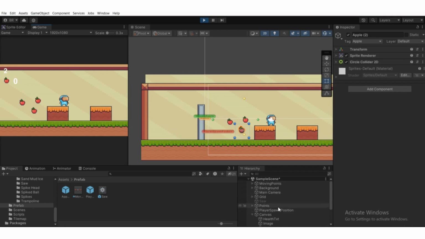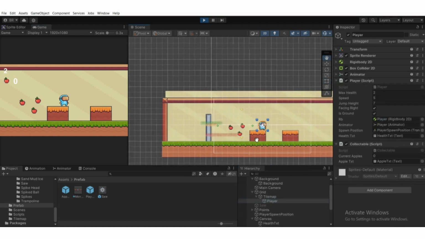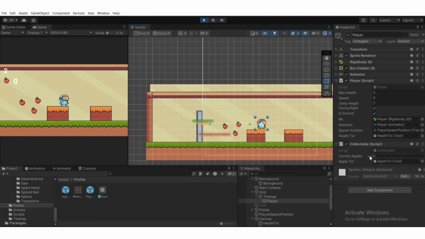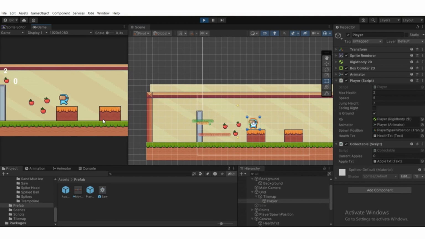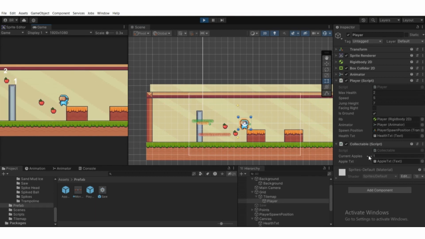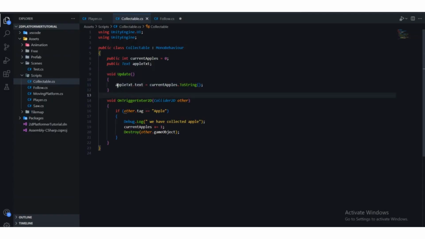If I select the player, I don't know where the player has gone. So if I select the player, as you can see when the game starts, we have current apples 0. If we trigger with one of them, as you can see current apples became 1, so the text over here becomes 1 because we directly set appleTxt.text